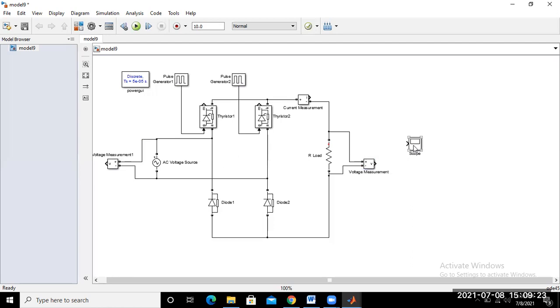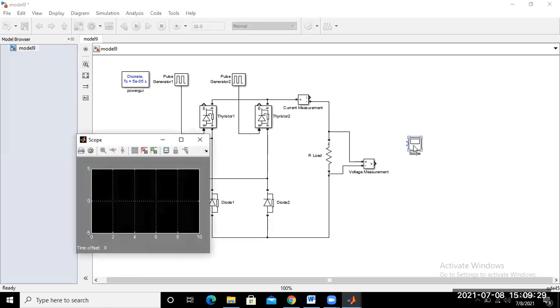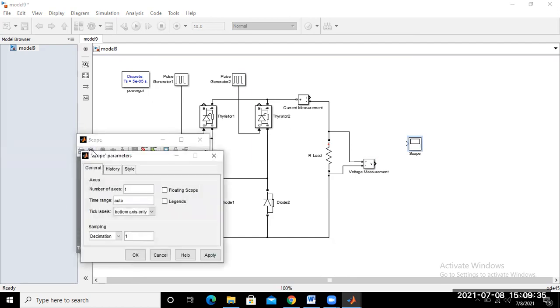You just go to the scope, click on the scope, and go to the setting. So again go to the number of axes. So 3 axes you required. So just type here 3. Apply and okay.